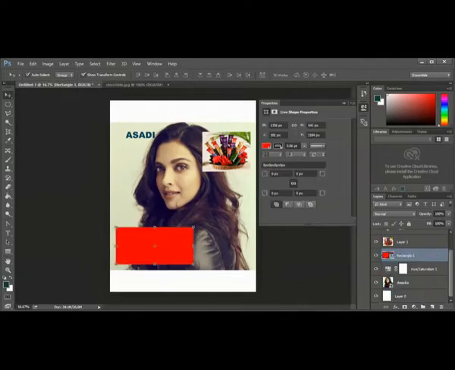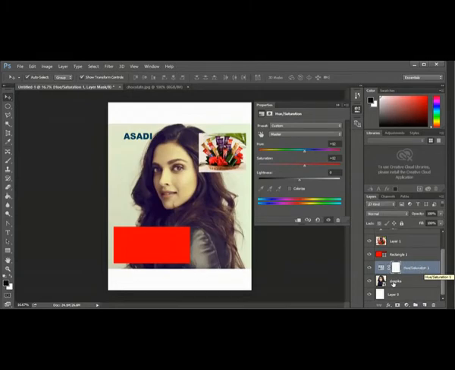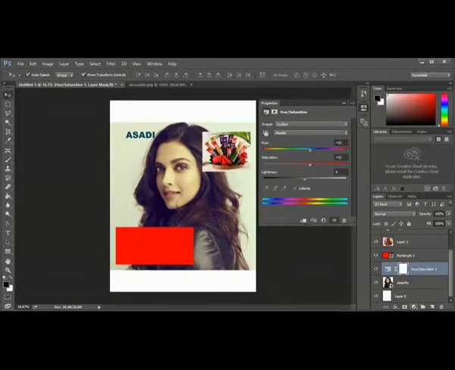Now we can see that this color will affect only Deepika picture because that is the only picture available at the bottom. You can see that it is affecting only that particular picture. So this is called adjustment layer. So any picture, if you want to change the color and other things, you can use the adjustment layer and add hue and saturation. There are different things available. Okay, so adjustment layer, let it be there. So this is adjustment layer. I hope you got an idea now.